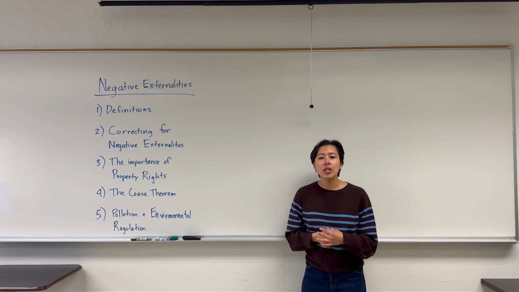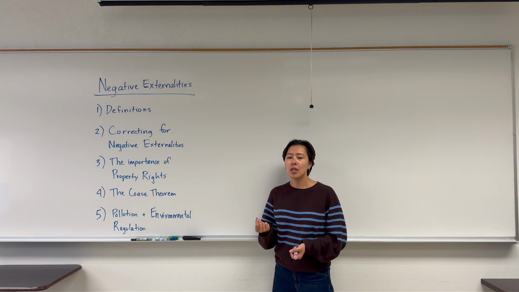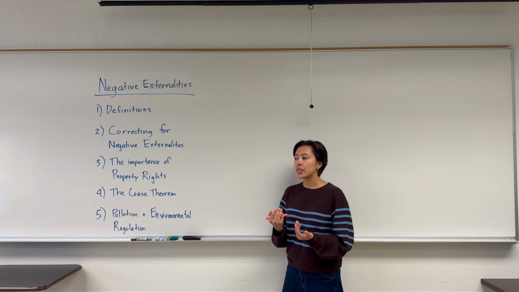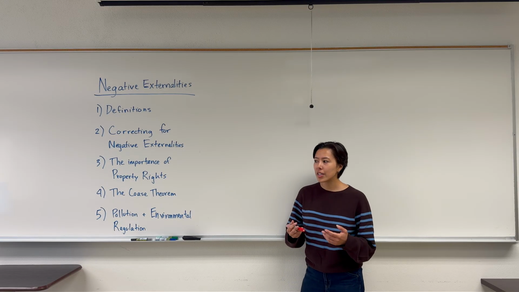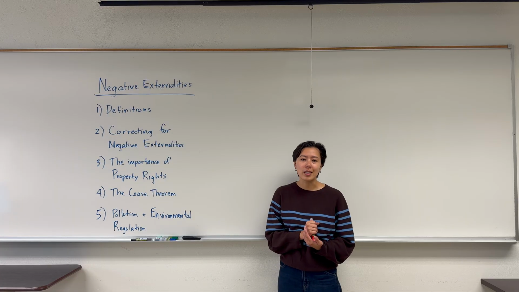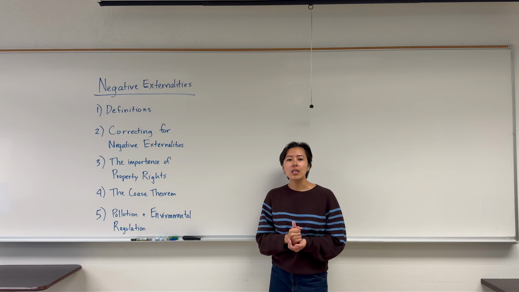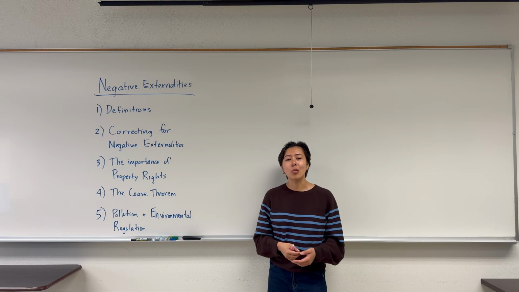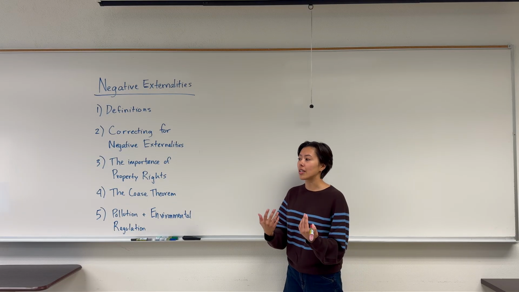But there's some pollution that's really hard for us to reduce, right? It's hard for us to get all the way down to 0 because even with clean energy, driving electric vehicles, things like that, there's still going to be a little bit of pollution. So it's very, very costly for us to try and reduce our pollution all the way down to 0. And so what any society is trying to do is balance the benefits of pollution abatement, or pollution reduction, with the costs of actually reducing that pollution.